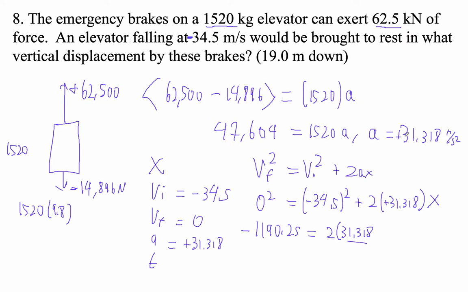31.318. And this acceleration comes from this, right? Times X. Okay, so now I'm going to take this number, divide by 2, and divide by that 31.318 number. I'm just going up arrow with my calculator till I get it, and I hit enter. And I get that X is equal to negative